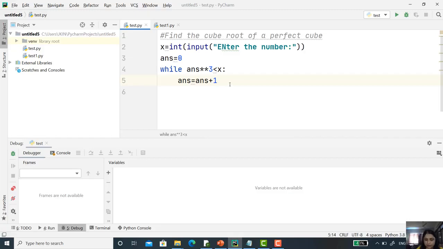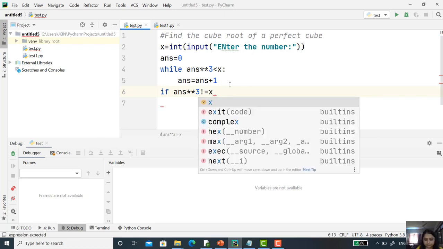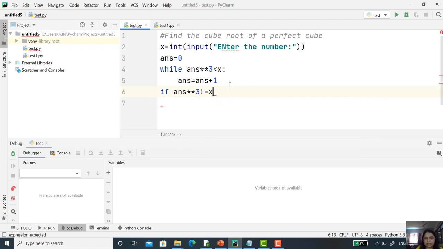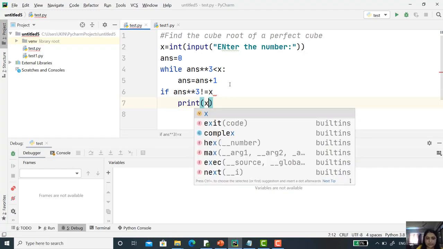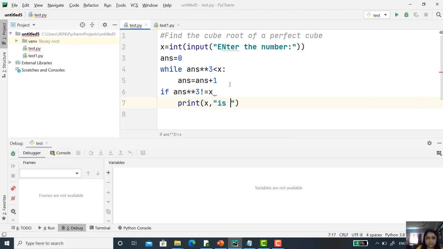Now what I have to do? Simply I want to check one condition, that is if your answer raised to 3 is not equal to x, then simply print one message, print x is not a perfect cube.